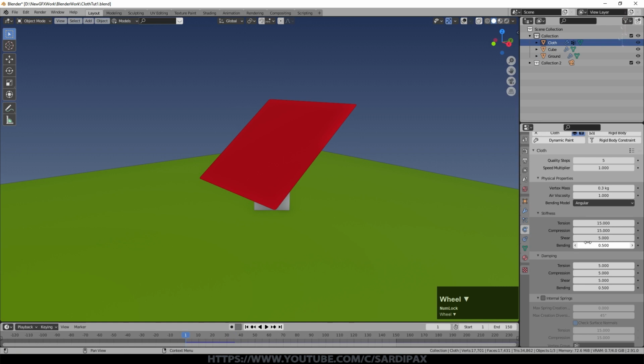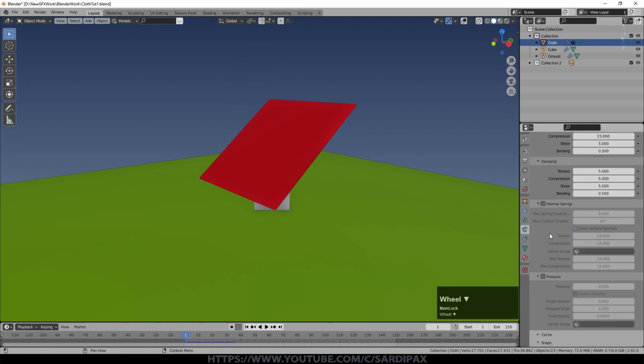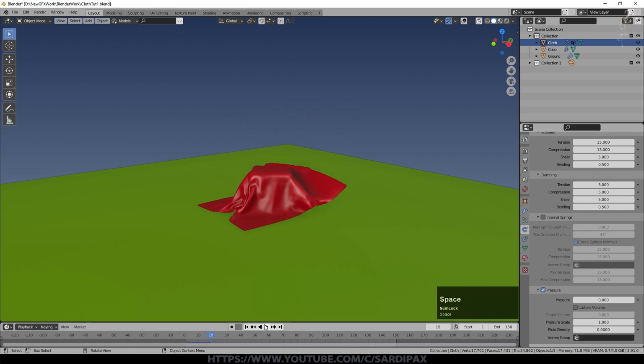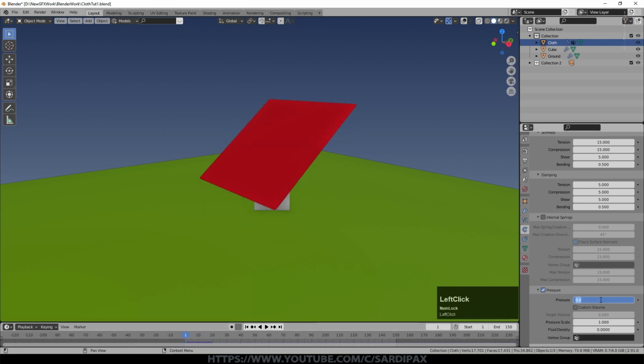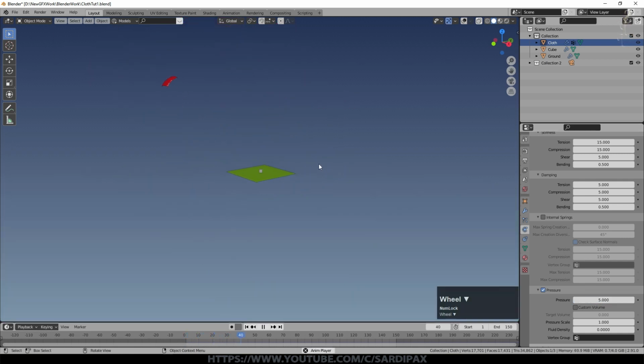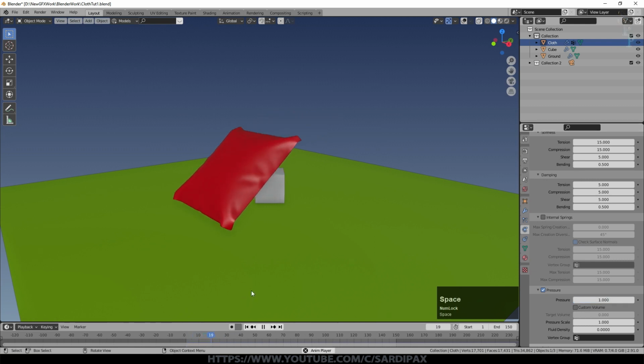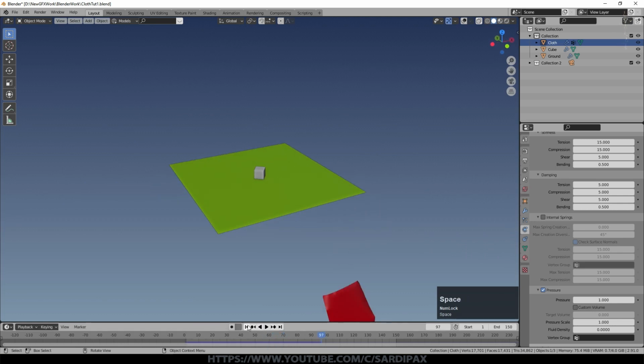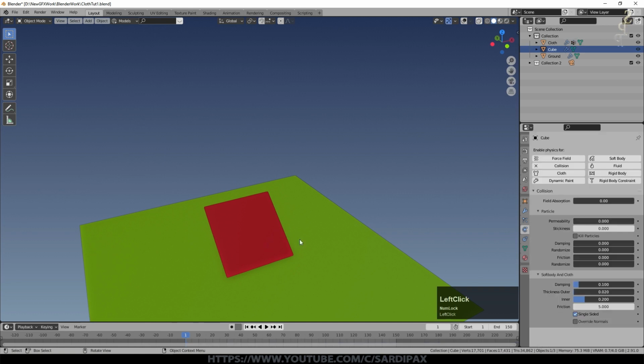And then we've got an interesting one that's new with, I think it was 2.9 it came in at, which is pressure. So by default, it's not making any difference yet. But let's put this up to 5. And you can see it actually goes flying off. So if I'll put it a little lower than that. So you can see it's almost like there's a wind effect. This is what you'd use to make a pillow because it tries to inflate the cloth.